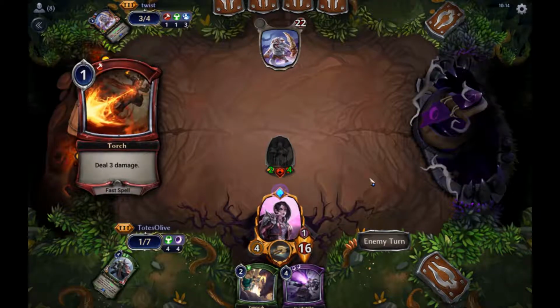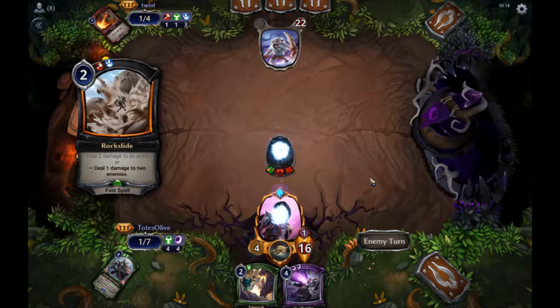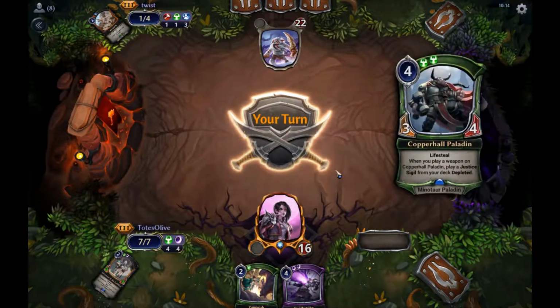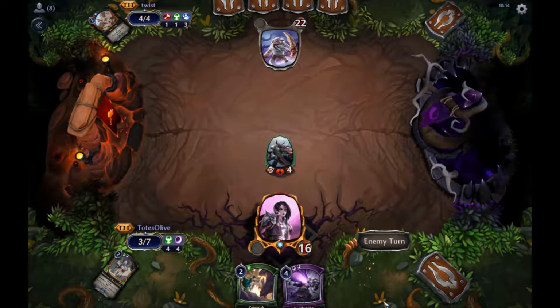Our Anointer is torch proof, so they're going to torch us. No, they're going to torch our Anointer, and then, oh, Rock Slide to get rid of both. Okay, that's fine. That's an acceptable line. We will go ahead and play the Copperhall Paladin, pass the turn back, see if we get one of our